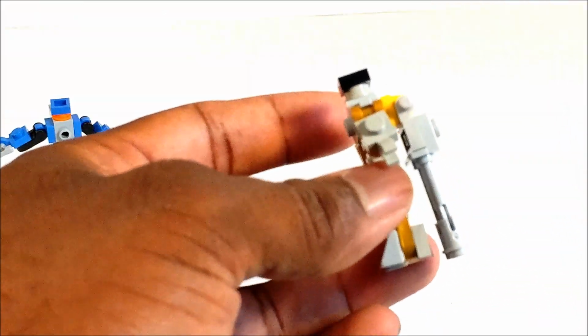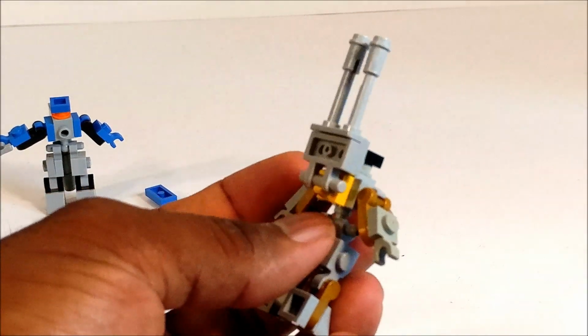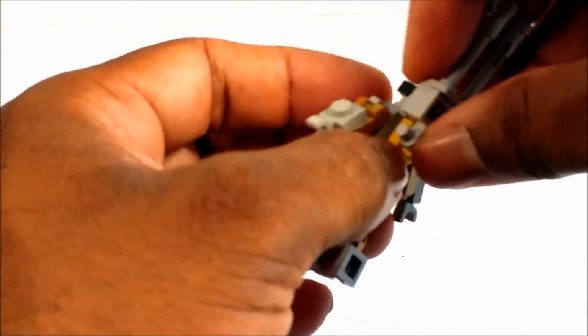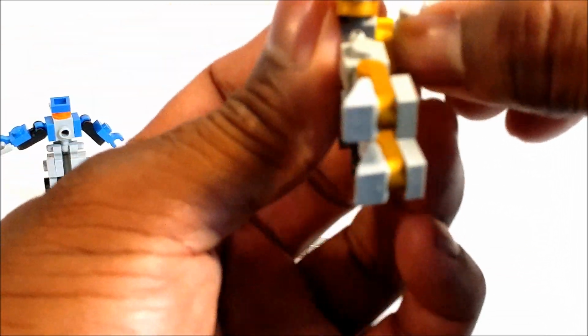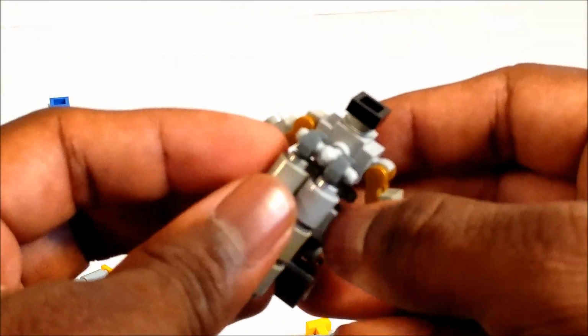And if you don't want to do the whole rotating thing, then you could just flip it out. Oopsie. Flip it out this way, and it's a little easier than having to rotate it on that stud. So that's pretty cool. And then you have an option of also using another T-joint and then just plugging it in on his back right there,